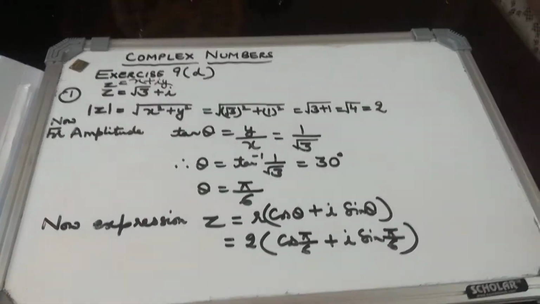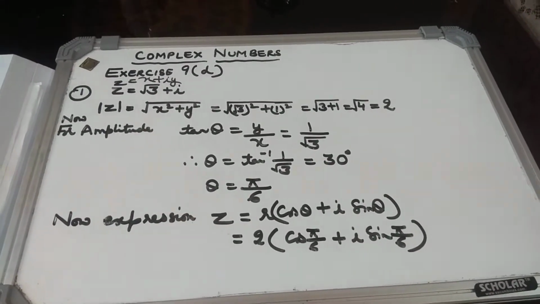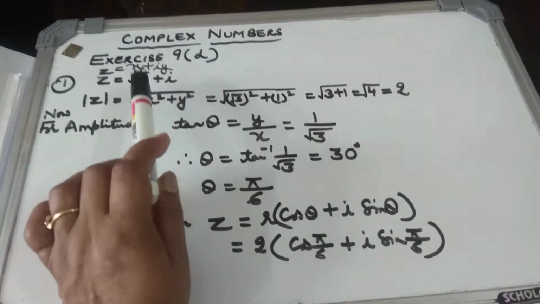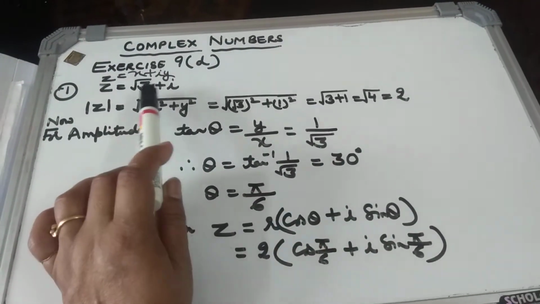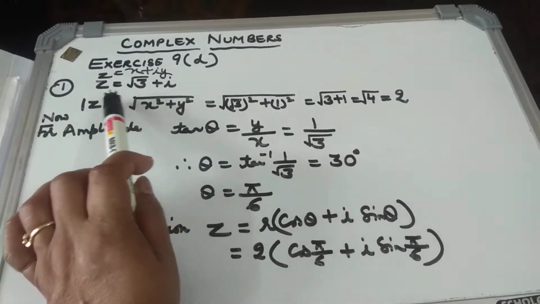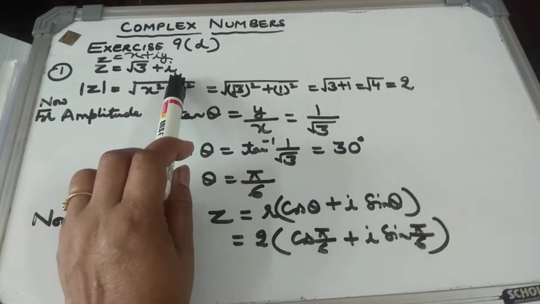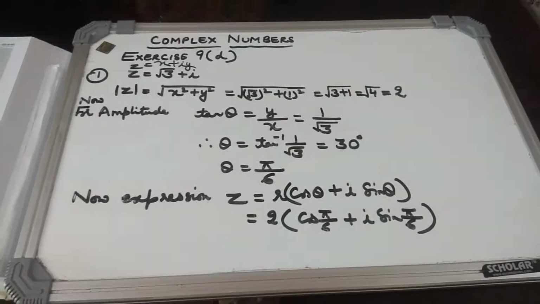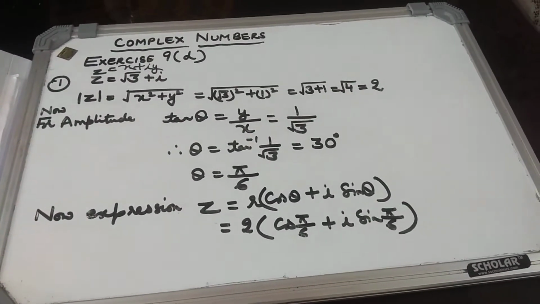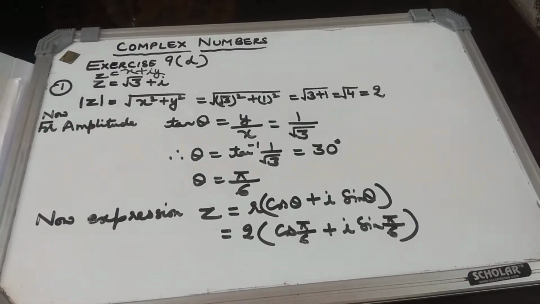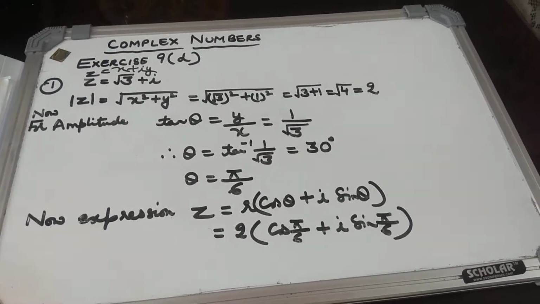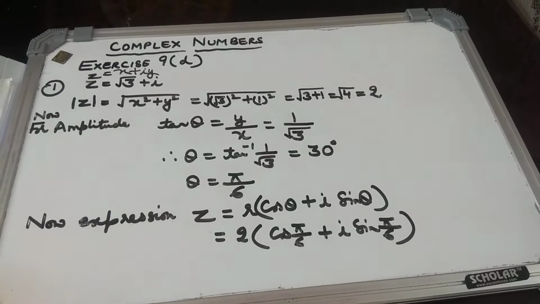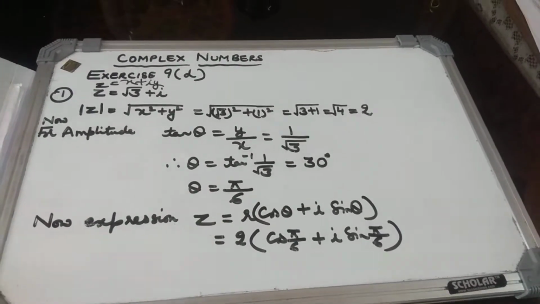y by x. Now in this question you can see that z is equals to x plus iy I have assumed, so that you don't have confusion what is the value of x, what is the value of y. So z is equals to root 3 plus i. Now this is the complex number given in Cartesian form. We are required to find out three things in the question, as the question reads: find the amplitude, find the modulus, of the following complex number, express it in polar form. So three things are to be done.